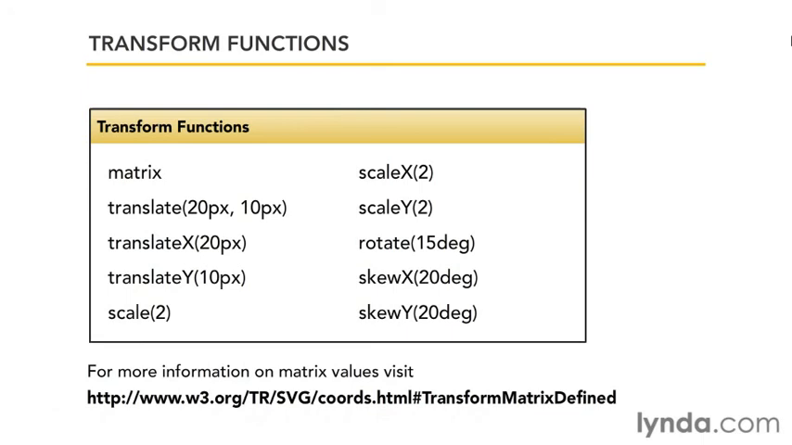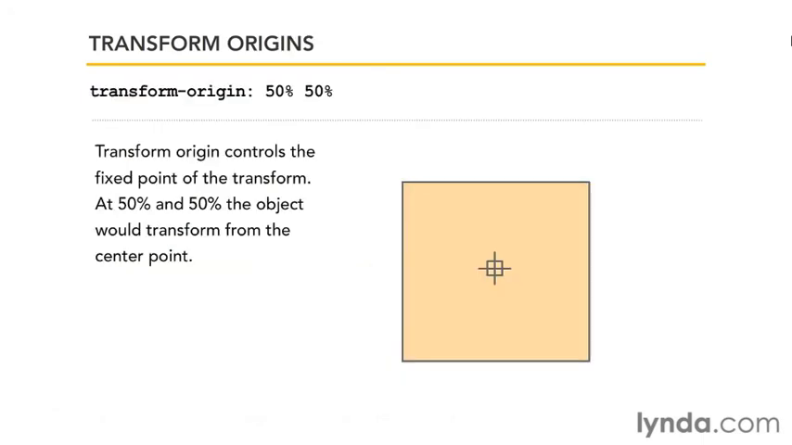Now, there's one more really handy thing that you can do to affect your transforms. You can set the transform origin property to change the origin of an element's transformation. And what does that mean? Well, by default, transforms are applied with a center origin. If you were to scale or rotate an